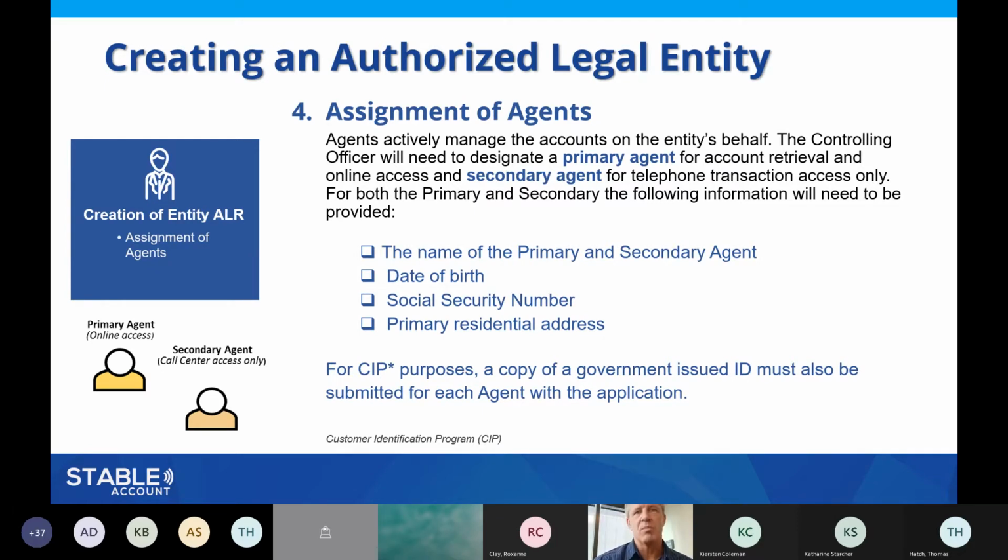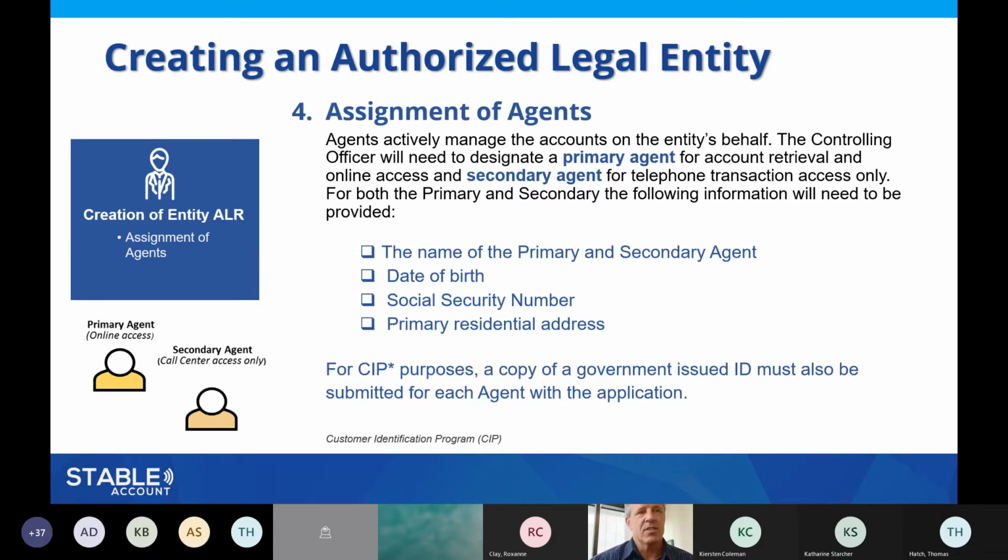So if that is something that would make sense in the organization, you could have a secondary agent that's the secondary agent for all of the primary agents above them, being able to fill that capacity so that you don't have to be naming a separate, unique, different secondary agent for each primary agent listed. So that's the terms that we use within it, but the primary agent's the key there. They're managing the account, they're doing everything that they need to do, and ultimately are in charge at the company level of managing the accounts that they've been given that responsibility over.